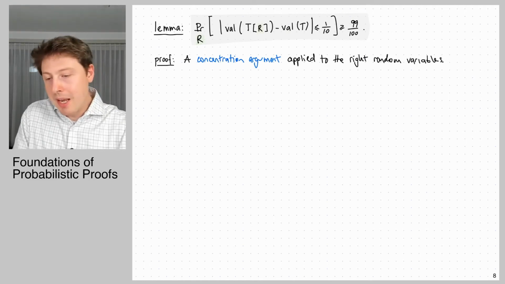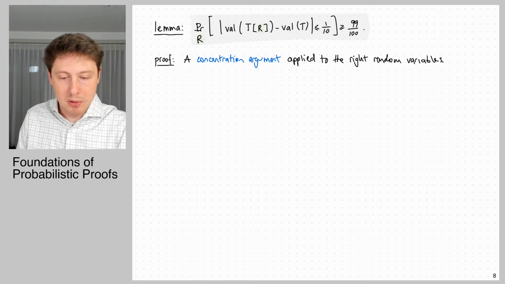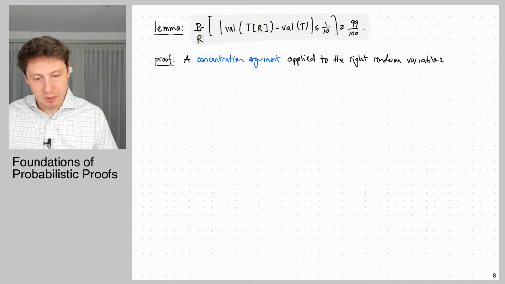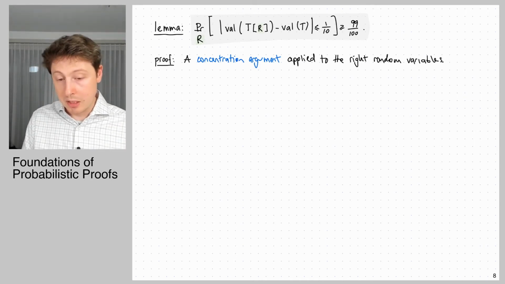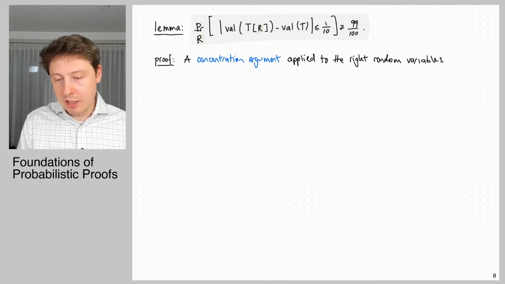Basically, it's actually not that sophisticated, but since it's the first time we do a concentration argument in this class, we're going to do it slightly more carefully, also because translating it to a concentration argument requires a little bit of care. So basically, the proof is just a concentration argument applied to the right random variables. So